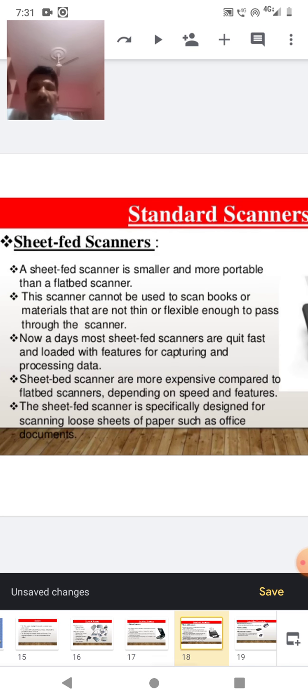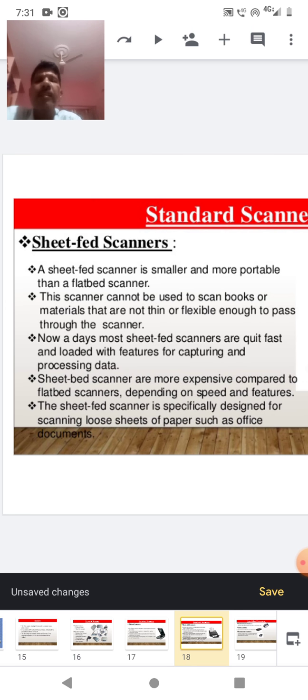Then we come to the sheet fed scanner. The sheet fed scanner is smaller and more portable than a flatbed scanner. Compared with the flatbed, its size is much smaller and it is easy to carry. This scanner cannot be used to scan books.